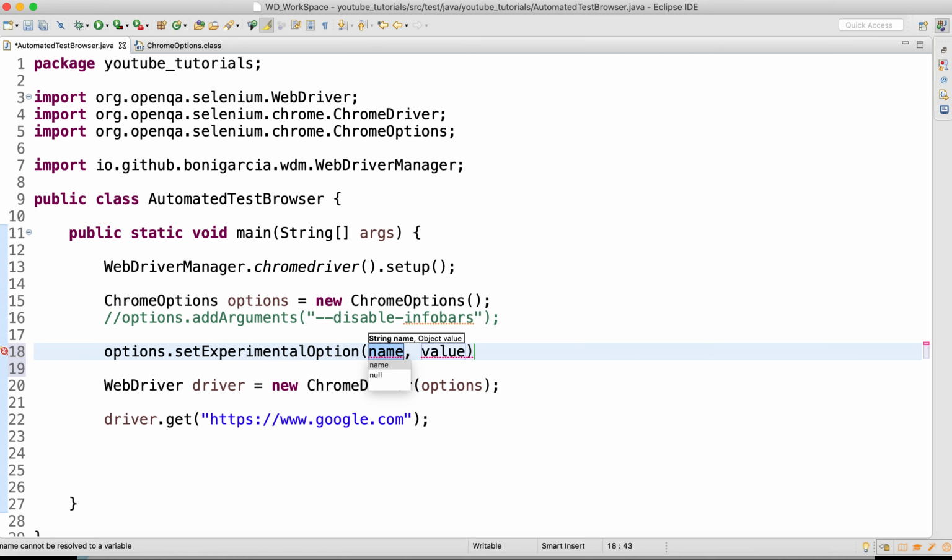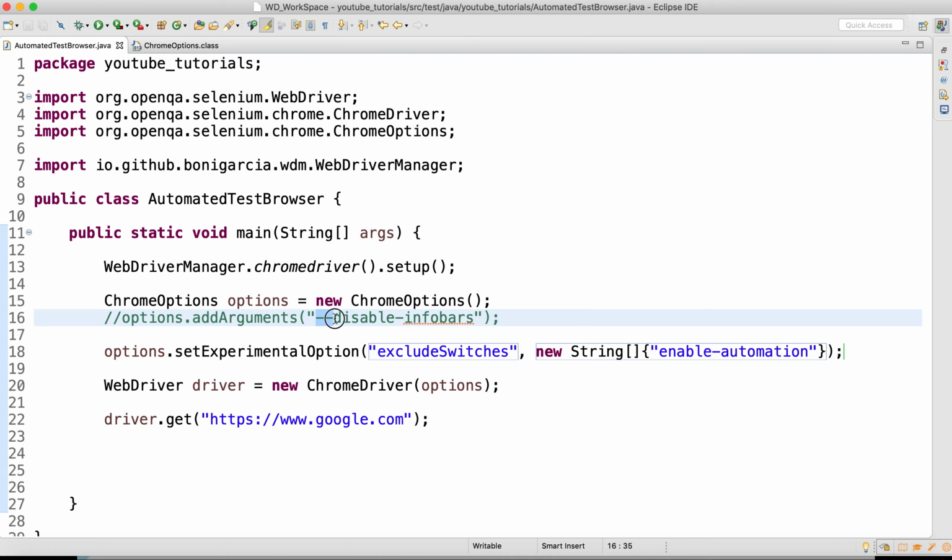setExperimentalOption, excludeSwitches, new String. One thing you have to notice here: unlike the previous option, the double hyphen should not be given here.